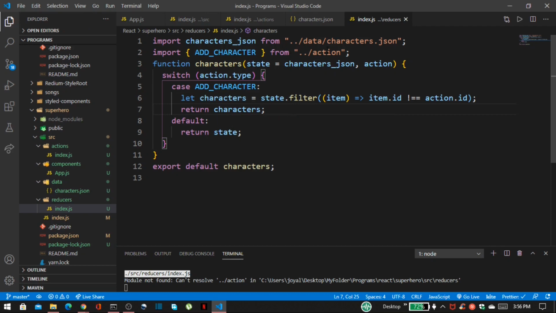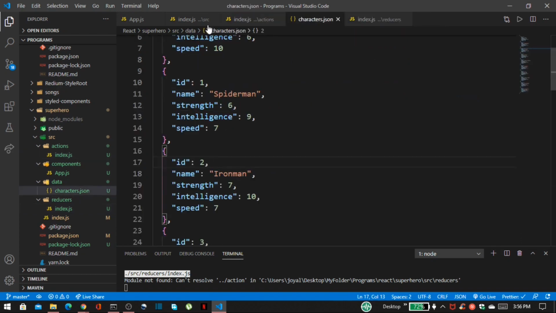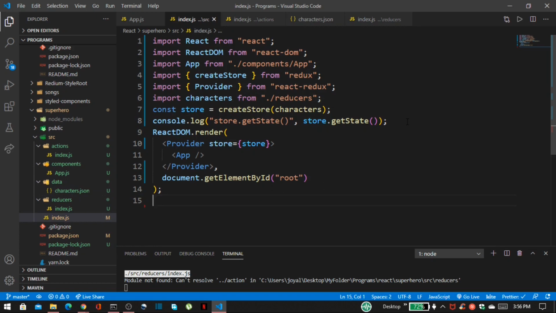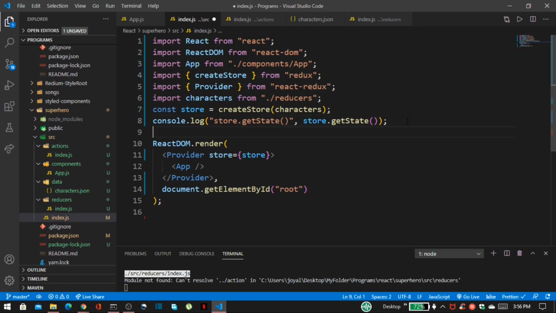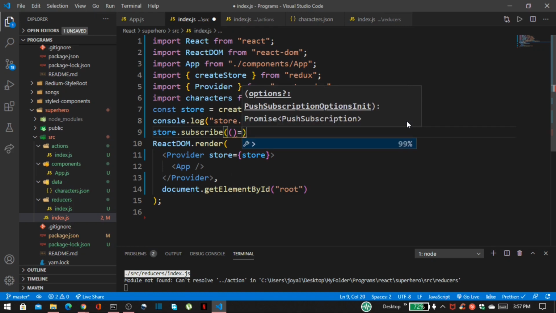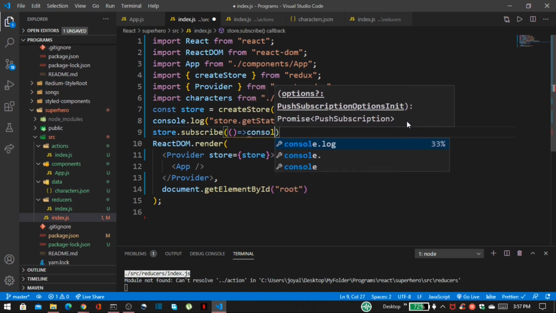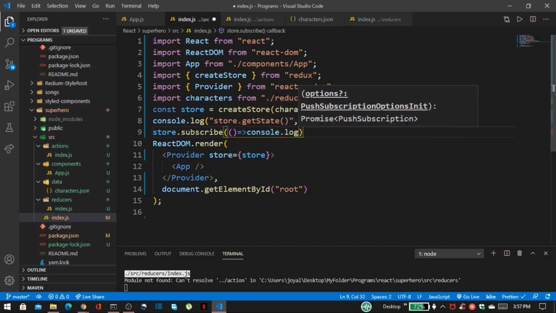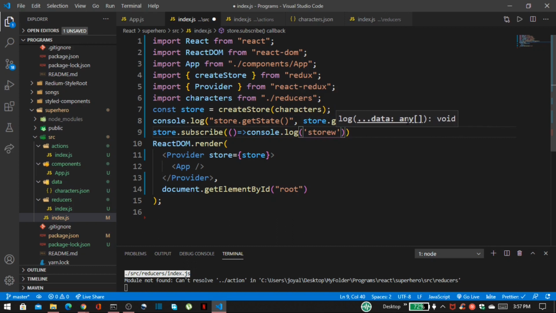So whenever our reducer updates that state, we have to call subscribe method. So go inside this index.js file, and here I want to use store.subscribe. Console.log, this is our store. Store.getState like this.